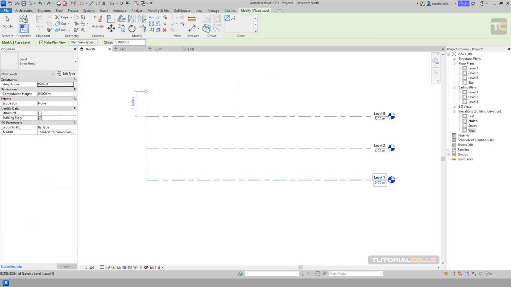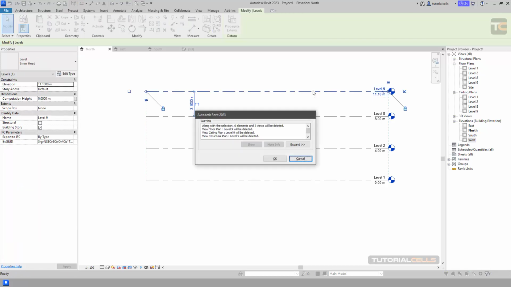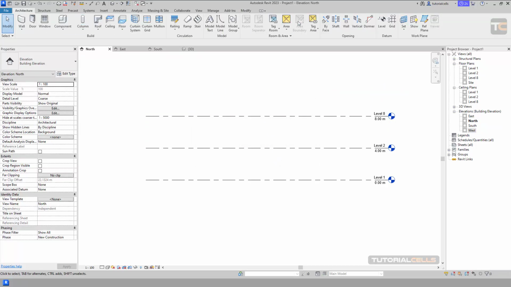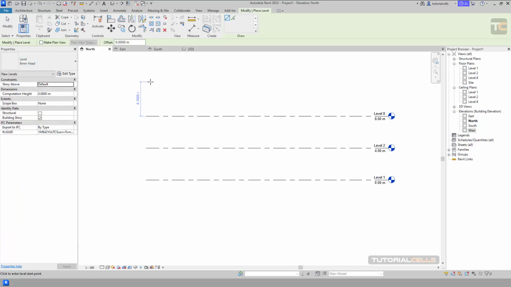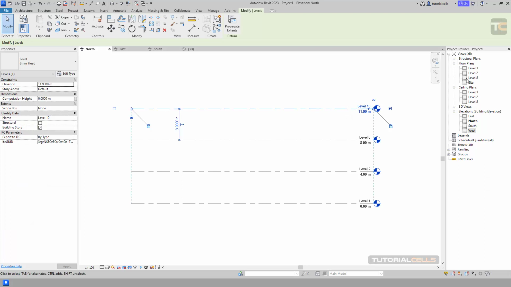Tab. Let's create, for example, a level from here to here, and we don't want to make it a plan view. Before clicking, you have to deactivate that. Make plan view not, and click and click. And going back, after that, you want to add it in your level. As you can see, level number 10, we don't have it here. We want to add it in a floor and ceiling. What can we do? So we have to go into the